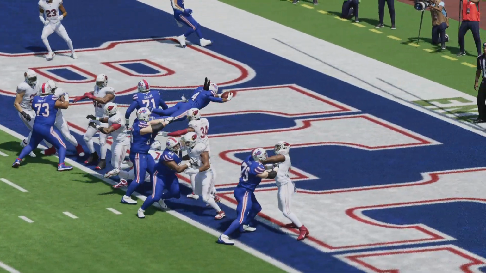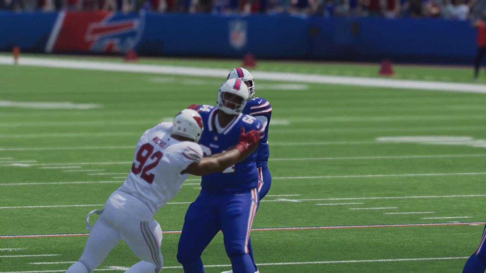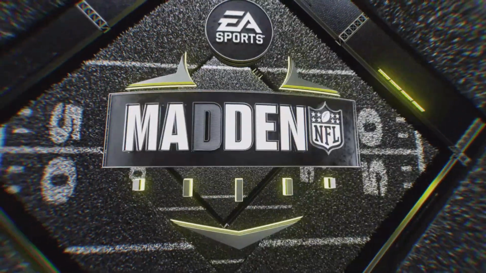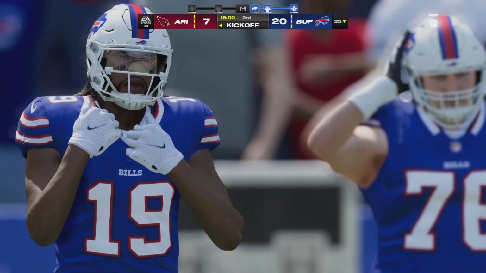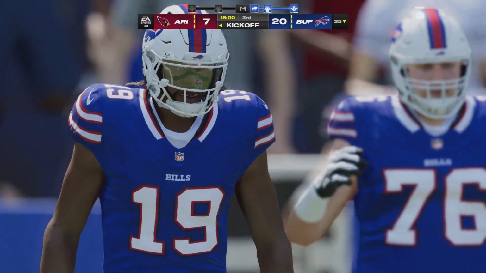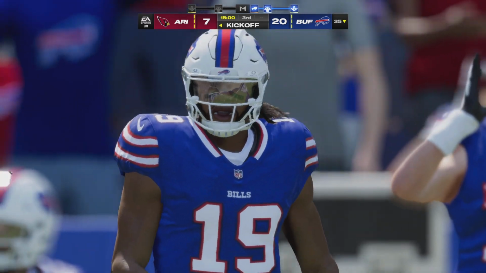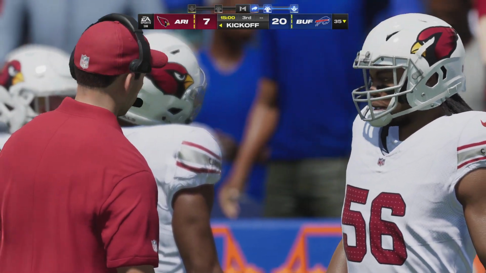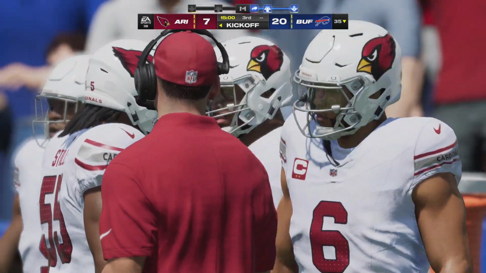Welcome everyone to downtown Orlando and our EA Sports Halftime Report. The Bills were led in the first half by their all-world quarterback, Josh Allen. He's got a touchdown pass on the ledger as his guys were able to build a double-digit lead. All right, Coach, thank you, and we welcome everyone back for quarter number 3.